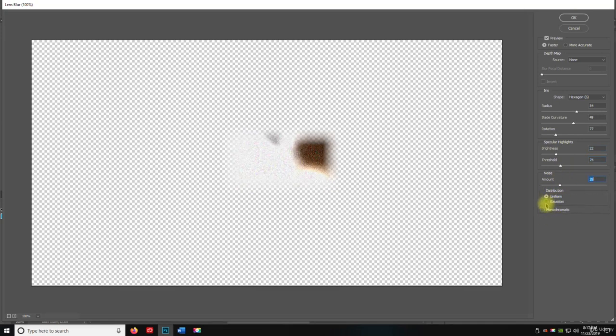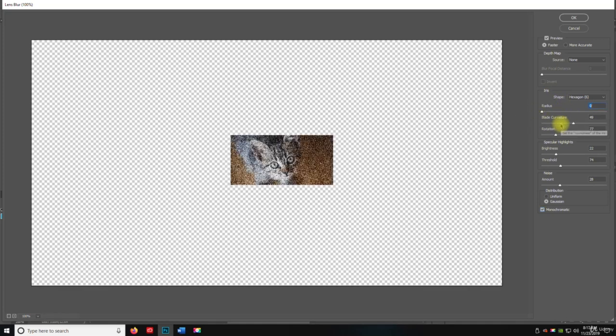It's really doing a lot here. So if I take this off, and rotation off, brightness off, threshold off, uniform, turn off the noise,